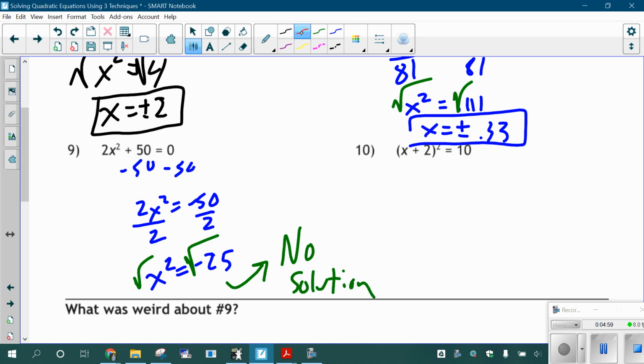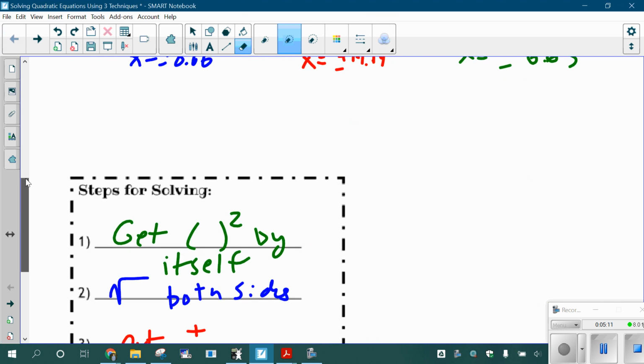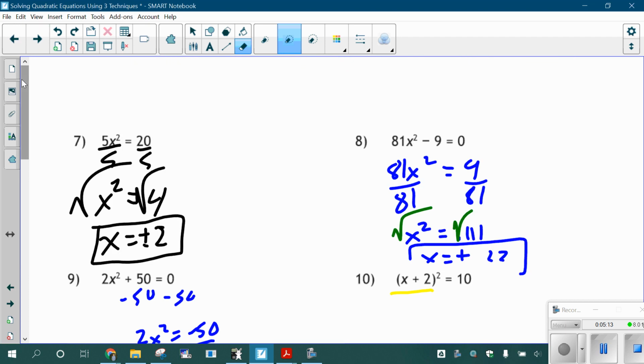What is being squared? This whole thing is being squared. Okay, I'll erase that so we can see it better. So the x plus 2 is being squared. So if you go back to our steps, get the squared thing by itself. The squared thing's by itself. So your first step should be,